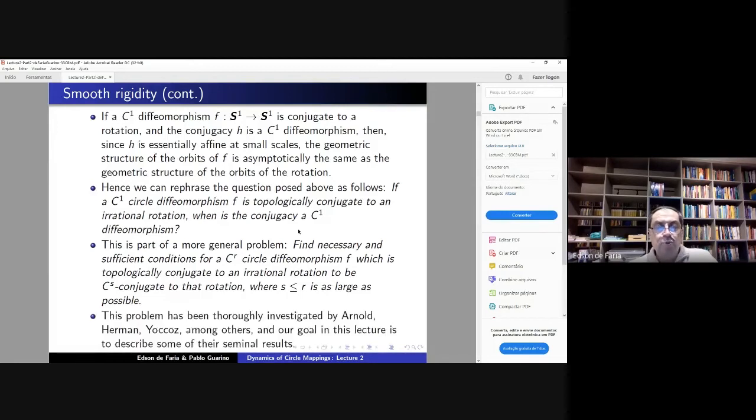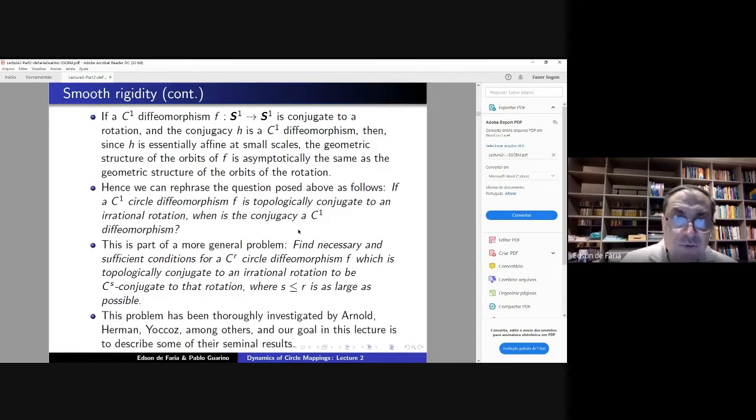Now, this is the fundamental problem, and it has been truly investigated especially by these three mathematicians, Arnold, Herman, and Yoccoz. But there are inputs from several other people, including Katznelson, Ornstein, and so on. And my goal in this lecture is to tell you a little bit about this story. I mean, tell you what the results are. So by the end of this lecture, I'm just going to give you some statements, okay? Before that, we will try to do some math and at least give a flavor of some proofs, okay?